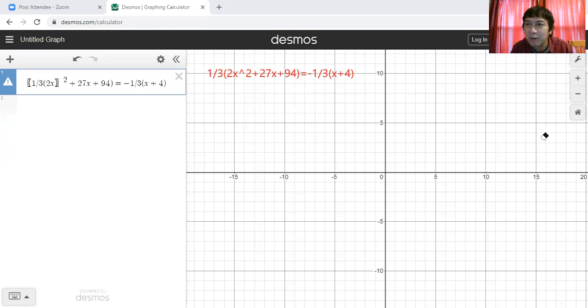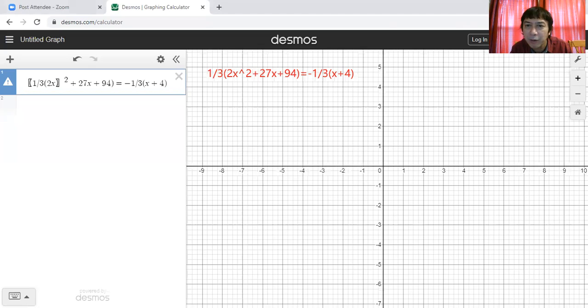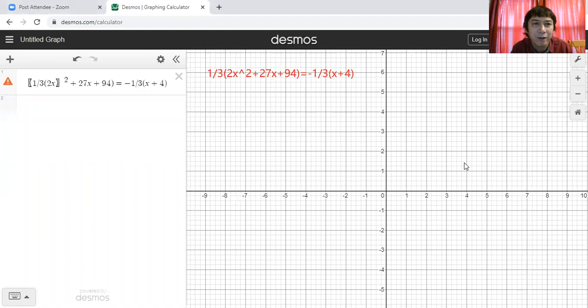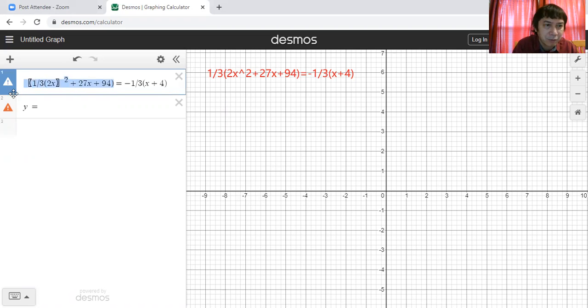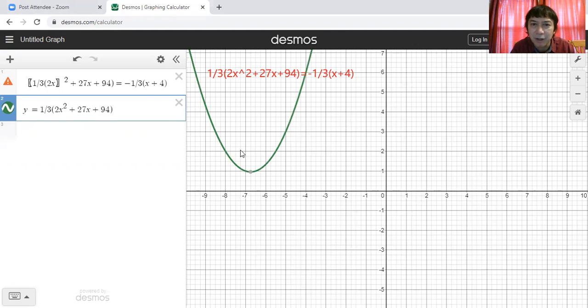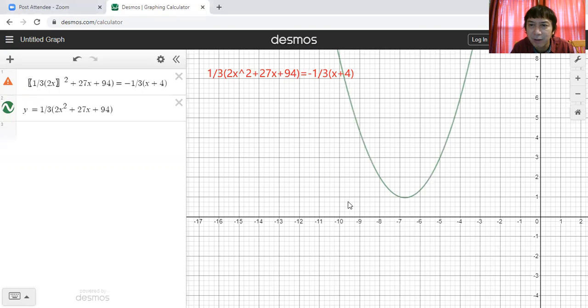Okay, let us have the original setup first. Okay, so we shall do a zoom in. Okay, there. That's now step one by one. And now let us have the graphs now, okay? All right, so y is equal to the left side of the equation, okay, over here. This will now be squared, and then this is like that. All right, here's the graph. It's a parabola, okay, it's a parabola, all right, there.